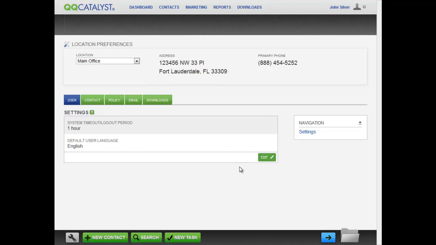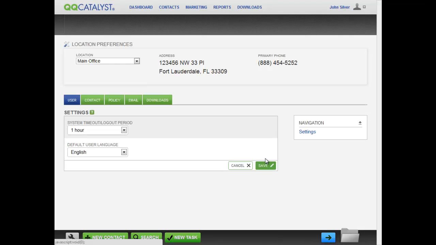On the User tab, you can edit the system timeout period. This refers to the maximum time that the user can remain inactive before QQ Catalyst will log them out. You can also change the default user language for this location. Set the default user language to either English or Espanol. When switching from one language to the other, all system menus, labels, prompts, and help will change to the selected